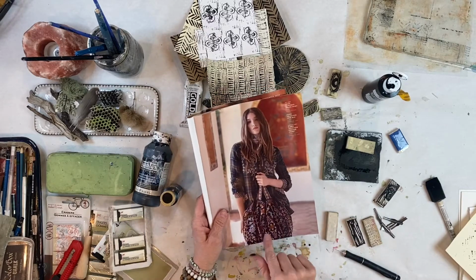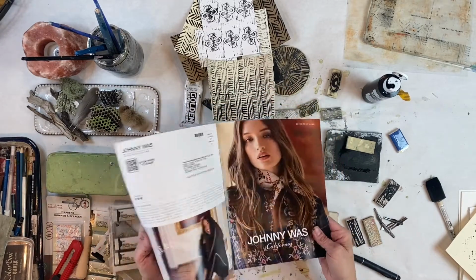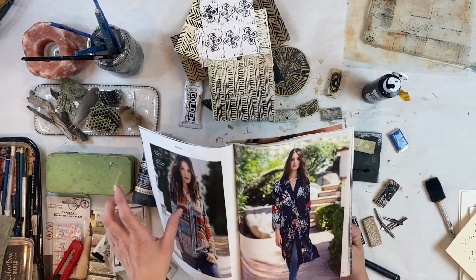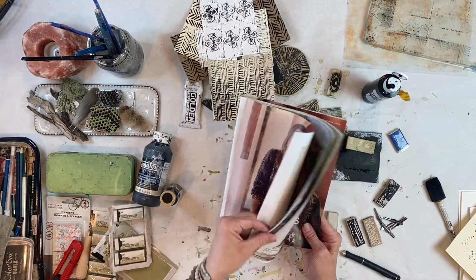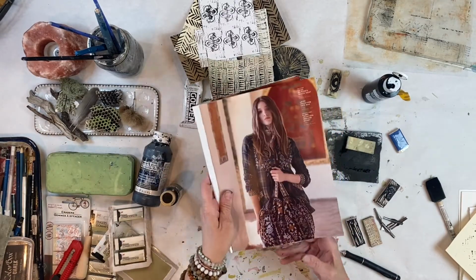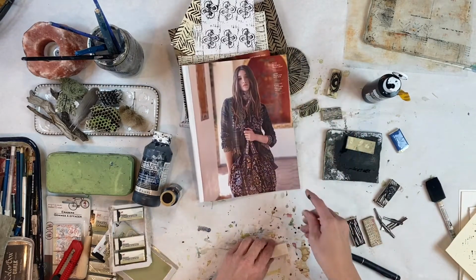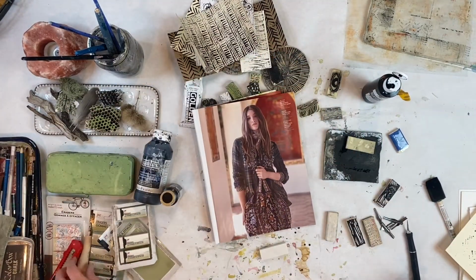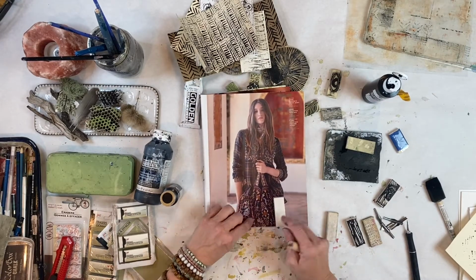So I really liked this pattern. This is a Johnny Was catalog, and there's just a lot of great pattern and color and inspiration with textiles and jewelry. So that's one of the places that I get inspiration. Of course, Pinterest is a great place, and Instagram, too. But I'm going to go with this heart and line,